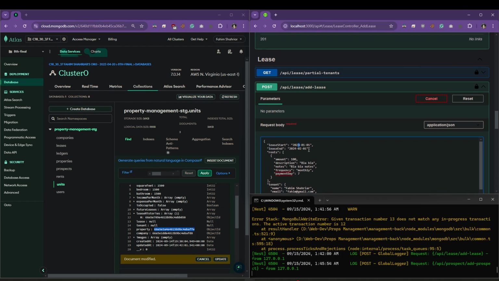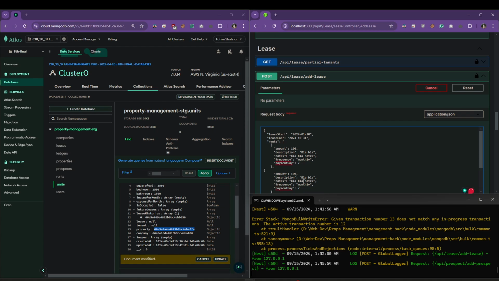Basically, let's say we want to add a lease from 2024-01-10 to 2024-10-31, as the lease end must be the end of each month. Let's say we have rents going on over here, so let's add multiple rents. 350, let's give it 350. Say it's for gas, and it's for electricity,